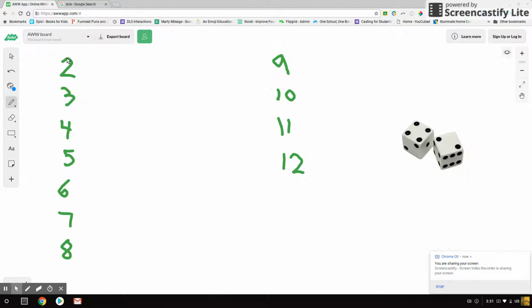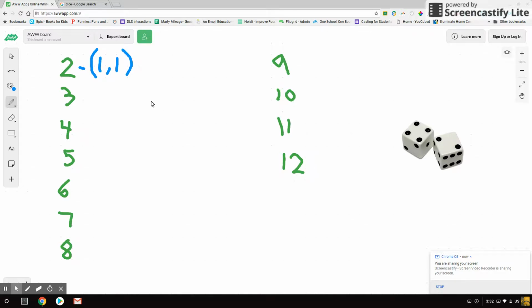I listed all of the different combinations I could get. I can get a number anywhere from 2 to 12. I couldn't get a 1 because the lowest you can roll on each die is a 1, so the lowest it could be is 2. The biggest is 6 and 6, which equals 12. So let's think about all of the different possible outcomes. How many different ways can I roll 2? There's only 1. I would have to get a 1 and a 1. You might think at the beginning that everyone has the same probability, but they don't.